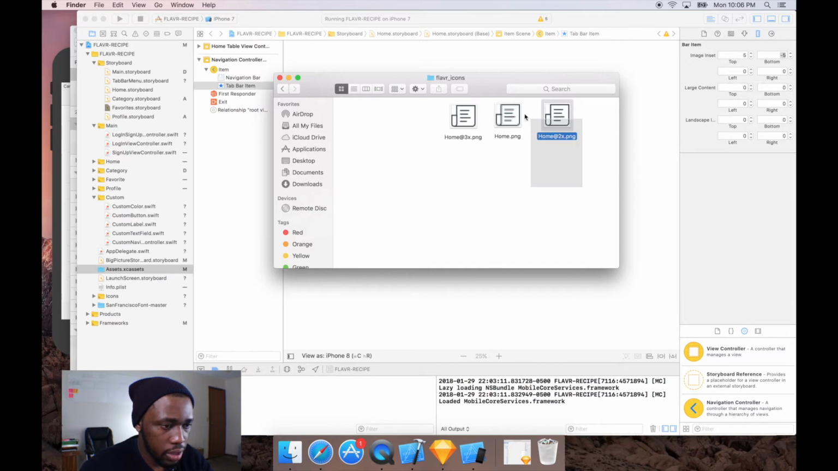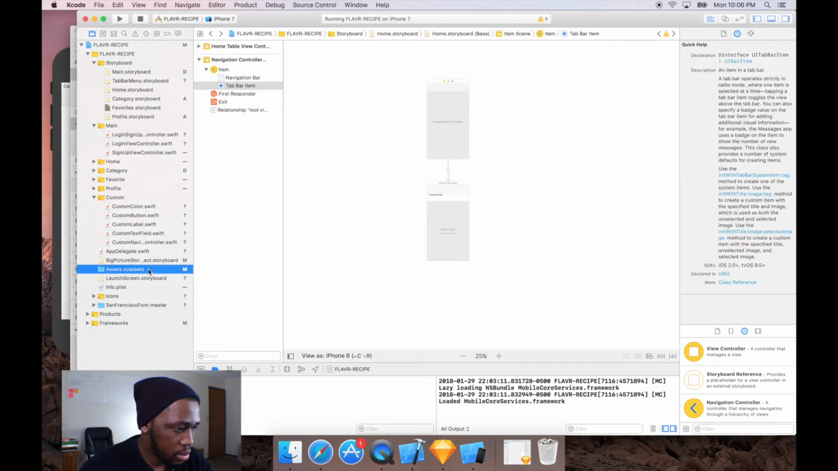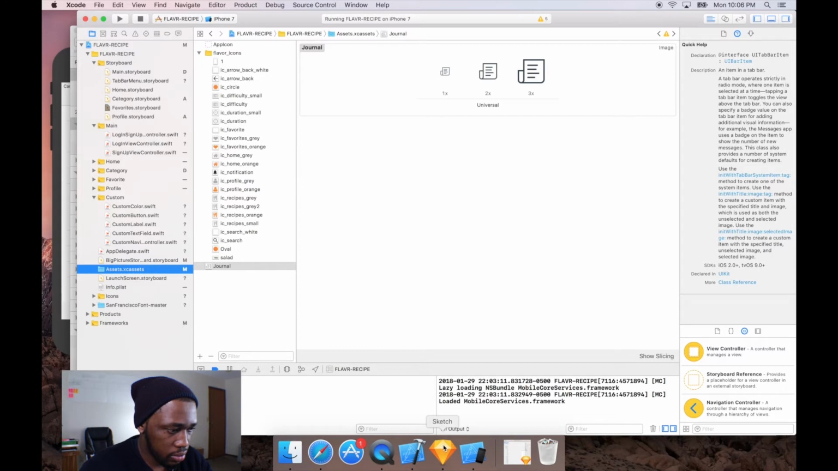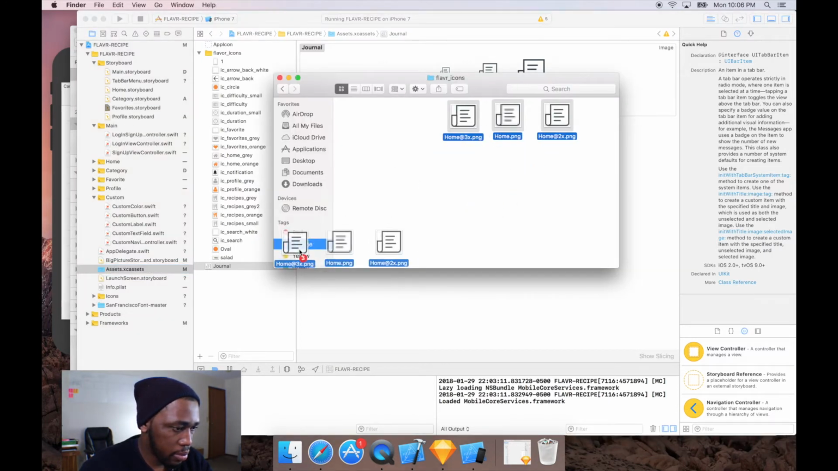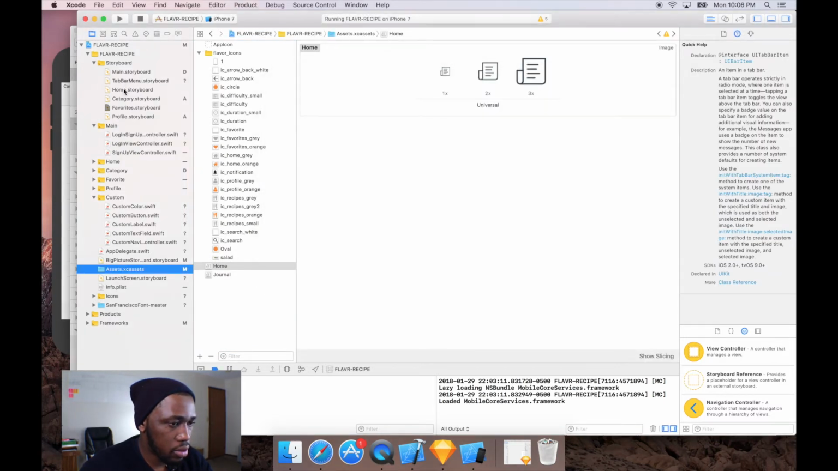All right, so I'm going to select this one like that, and make sure I have my XC asset like this, and I'm going to select that folder. I'm going to drag 3 of them like that and drop it inside there. So I'm going to go back to that home scene